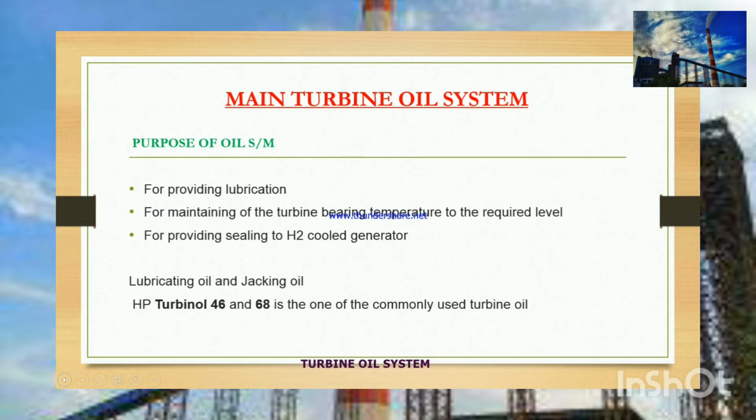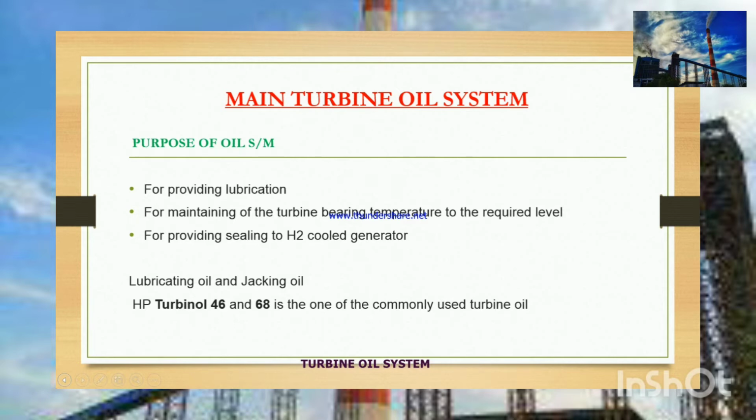We know that in generator hydrogen gas is used for cooling purpose. That is, hydrogen gas is filled in the generator at a pressure. So there are chances of hydrogen gas leakage to atmosphere and air may leak into the generator. Both of these actions will cause us different problems. For avoiding these, hydrogen sealing is required. Hydrogen sealing is done by means of oil.